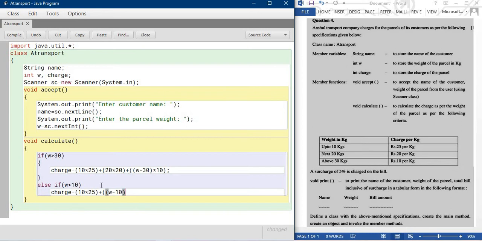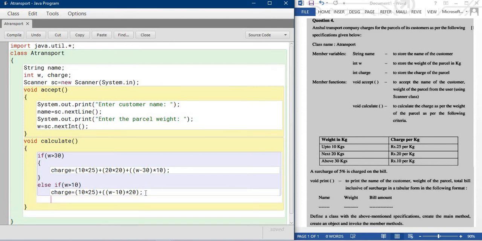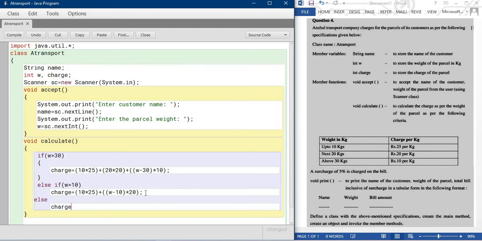Because the first 10 kg is calculated, for the remaining I am decreasing 10 kg, and you get the extra kg into rupees 20. Then next, else: charge is equal to weight into 25.